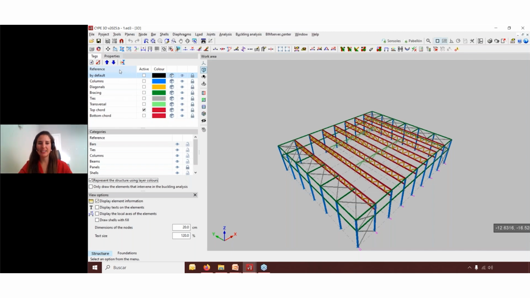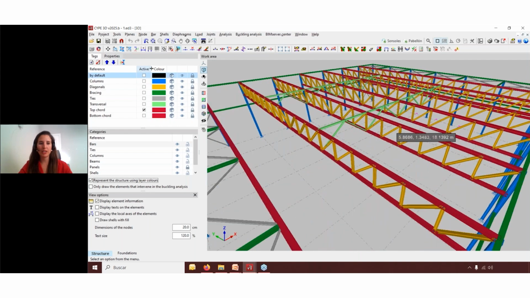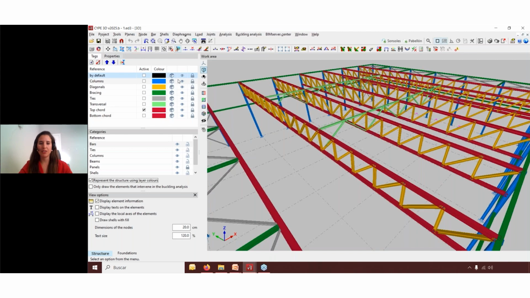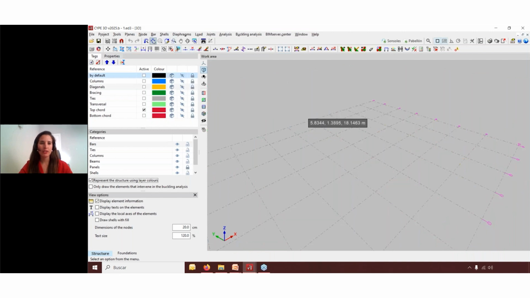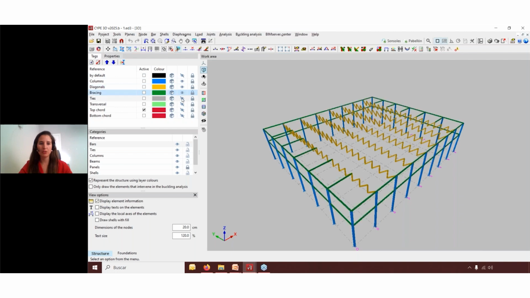So besides assigning colors to the elements, if we click on this first column, we can select the representation, whether we want to see them in a bar and node kind of representation, or if we want to actually see the 3D. In this second column, what we can do is actually hide the elements. So we can make visible whichever we want to at whichever time,